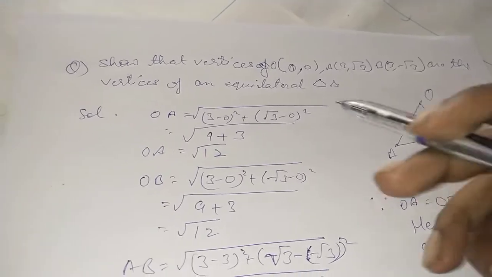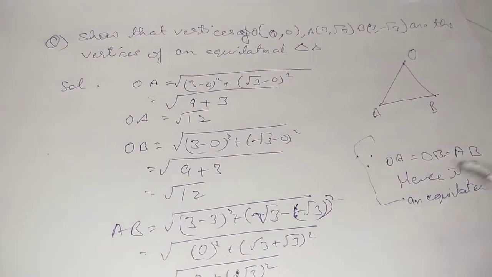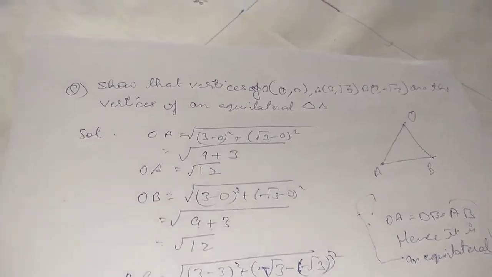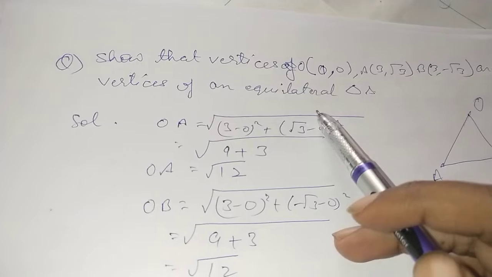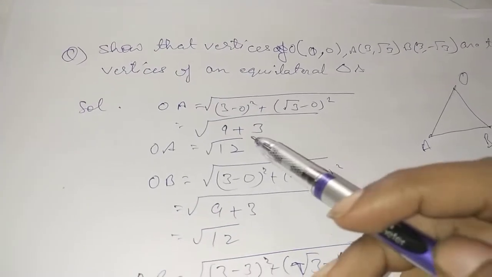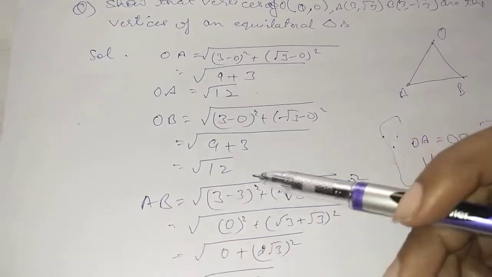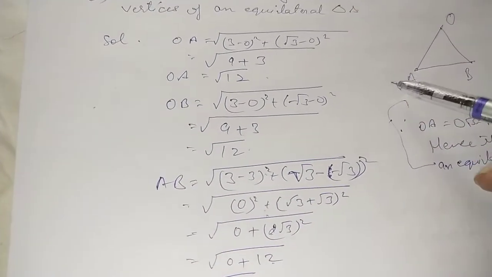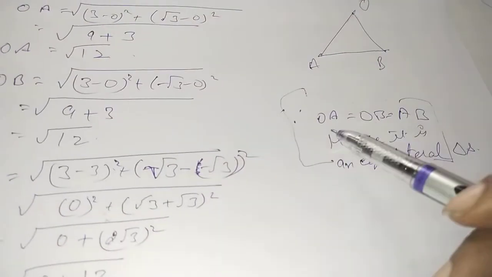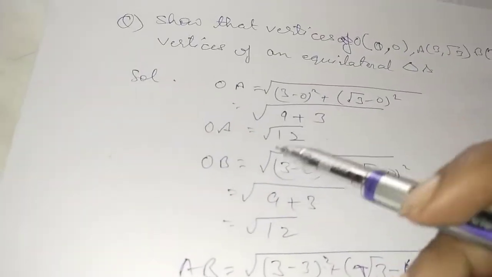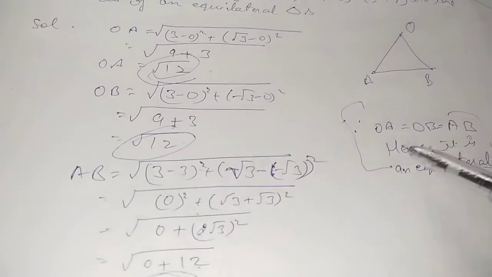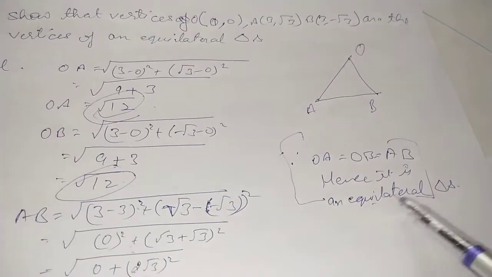The thing that is going to matter will be your working and what you come up with after calculating the distance part. Over here you will have to be very well versed with your properties. For the equilateral triangle, we know that all the three sides are going to be equal. So what we are going to do is calculate the measurement of each of the sides OA, AB and OB using the distance formula. And if all three of them come out to be the same, yes, over here we are coming up with under root 12, under root 12 and under root 12. So all three are the same, so that means hence yes, it is an equilateral triangle.